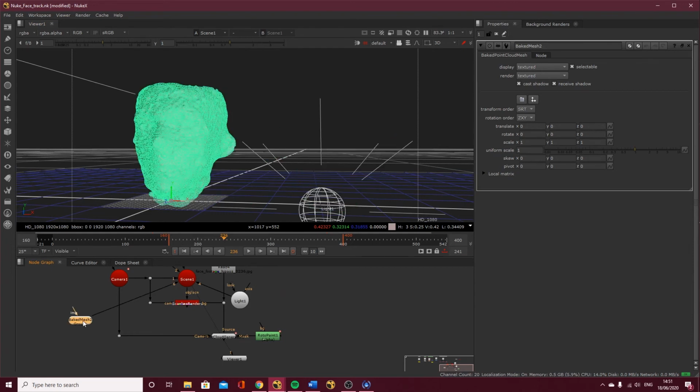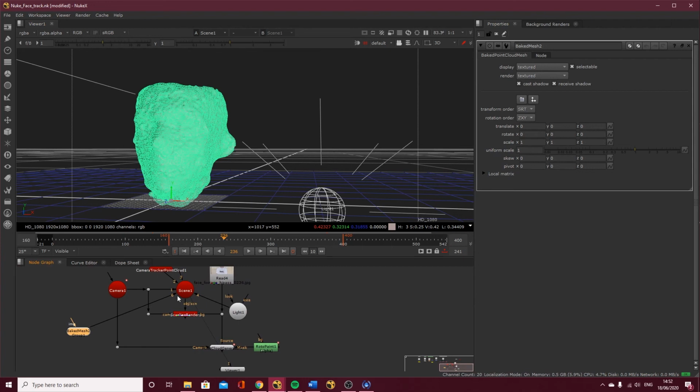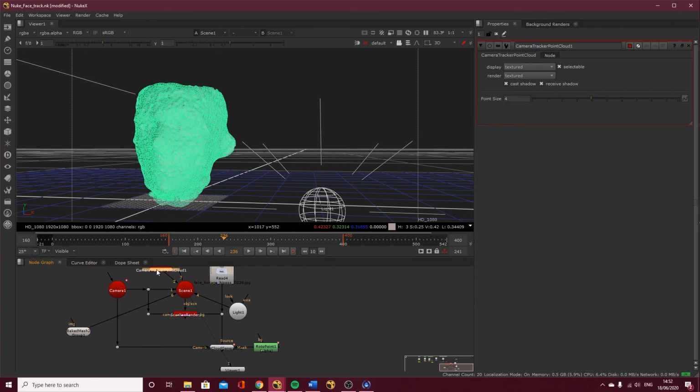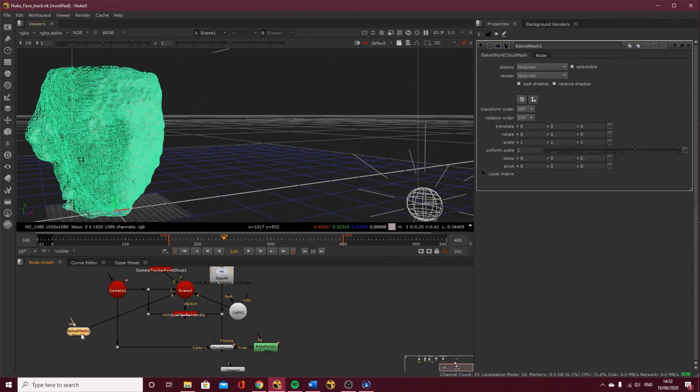Before we start exporting now, make sure that the baked mesh is all zeroed out, so it should be in the same position as your point cloud, because remember we moved everything into position earlier, so it should be at the origin, which it is. That's perfect, fine. So we've got the baked mesh. We want to export the camera and this mesh into Maya.